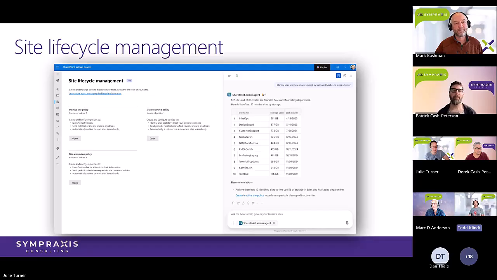The other thing that you can control is the enforcement, like what happens when a site fails one of these policies. One of the things it can do is nothing, so it just sends an email. One of the things that it can do is lock that site down as read-only, so that gets people's attention pretty quickly if it's an active site. The other thing it can do is just archive the site. If it fails one of these policies, you just throw it off to archive. So there's a lot of great things here.